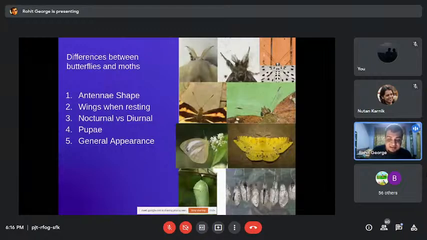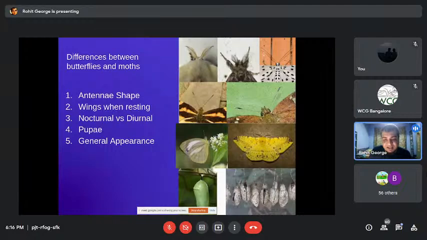Whereas for moths, generally they form a cocoon, which is either a cloth-like or a hairy substrate inside which the chrysalis is formed. So this is again one distinguishing factor between the two. And finally, there is the general appearance, where butterflies' wings appear quite smooth and quite shiny, whereas moths very often look a little hairy or a little fuzzy. Like I said, there are exceptions to all of these rules, but these are general, useful rules of thumb to differentiate between butterfly and moth.